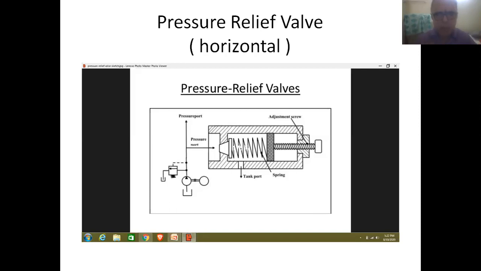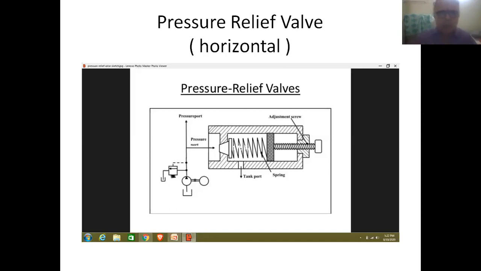On the other hand, if the pressure of the fluid exceeds the normal value, then the excess fluid will be entering the branch pipeline, and finally it will be entering the pressure valve through the inlet port of the valve.